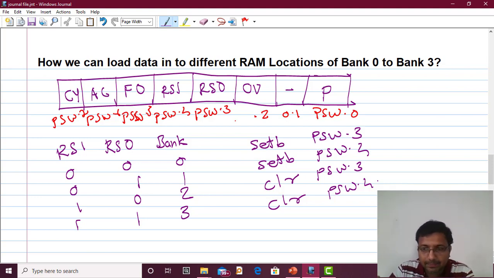Now we can see how to load data from different bank locations, bank 0 to bank 3, using these instructions, which are used for writing the data over the different memory locations. So we'll see the actual programming of this.